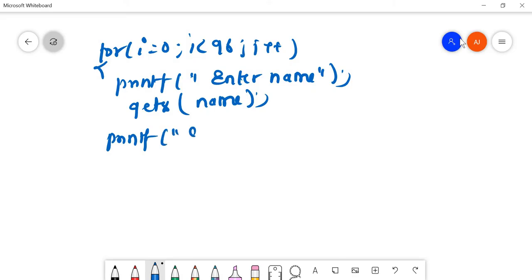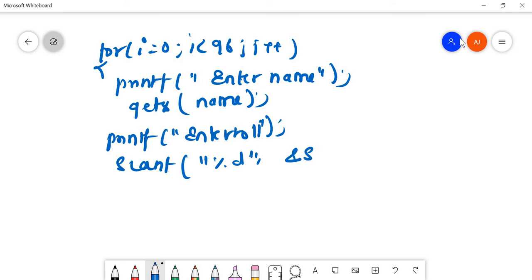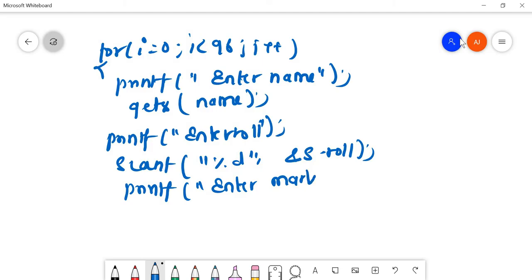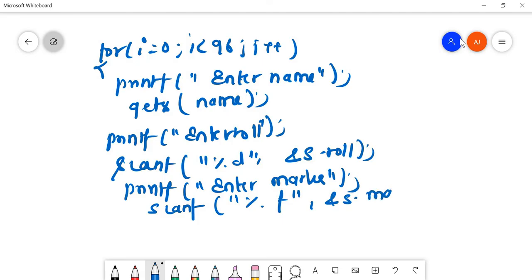Printf enter roll. Okay, so scanf %d, address of s dot roll. Printf enter marks. So again scanf %f, address of s dot marks. Fine. So after reading all this name, roll number and marks for 96 students,